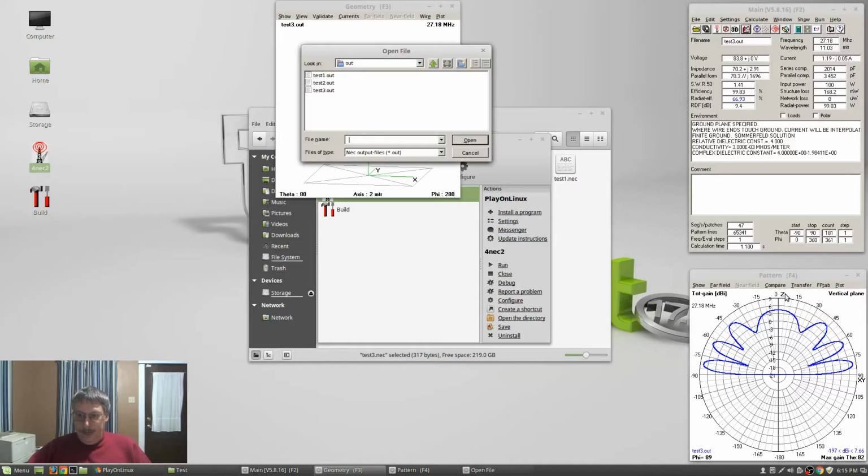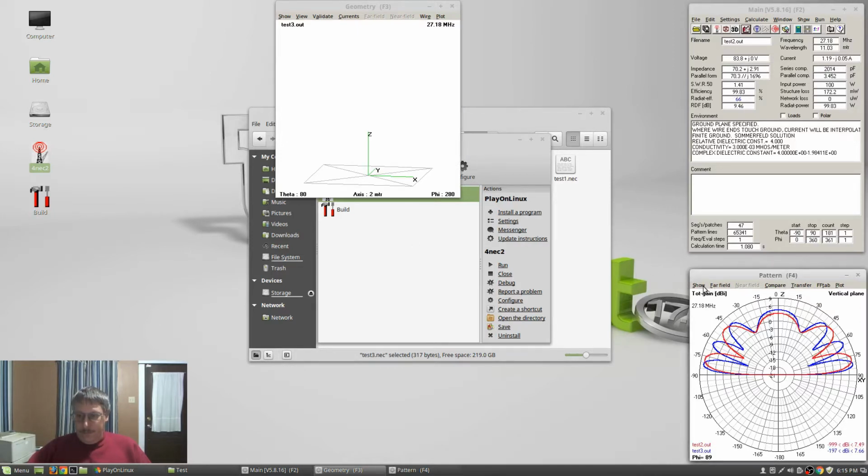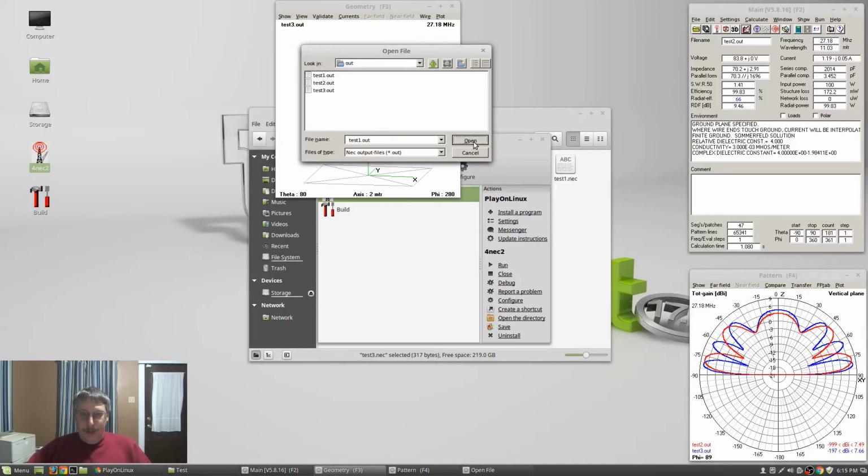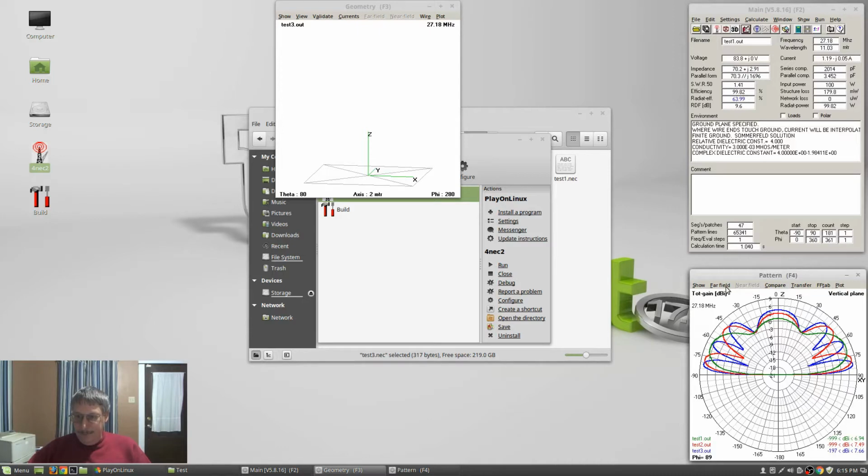Okay, compare. Compare, add new pattern. So I can put several patterns and overlap them. I can go to the vertical plane. So basically everything works except